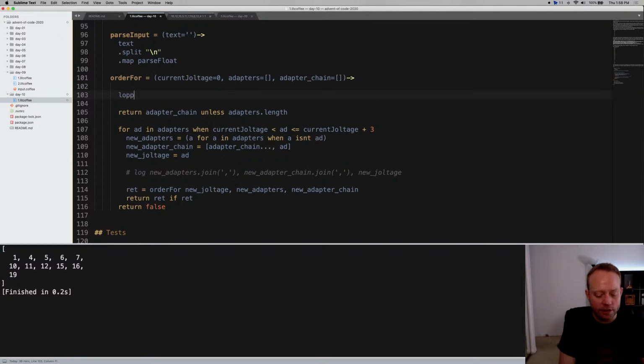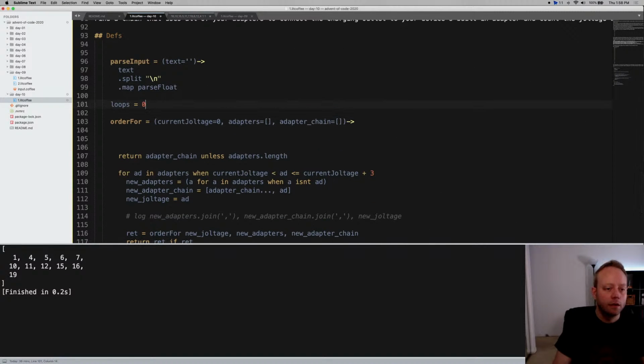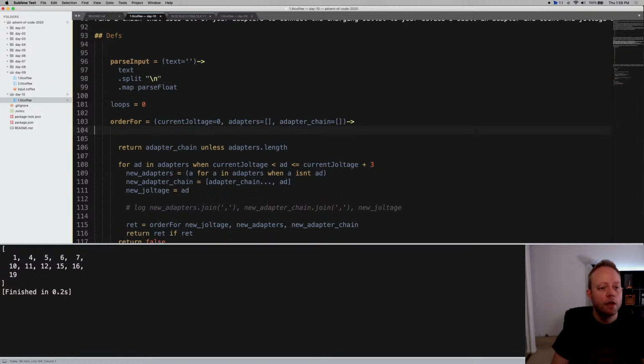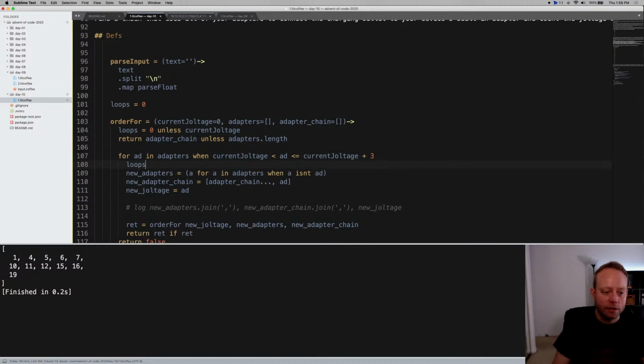just sort the array. So let's see how many loops we save. Loops equals 0. And every time we're in a loop right now, oh no, we'd have to make these loops outside of this. So let's do that. Loops equals loops. Then we'll say loops equals 0 unless current joltage, so this will reset the loops every time, and then we can say loops plus equals 1, and then